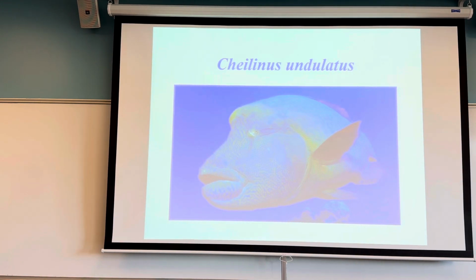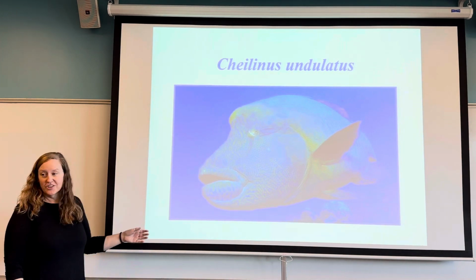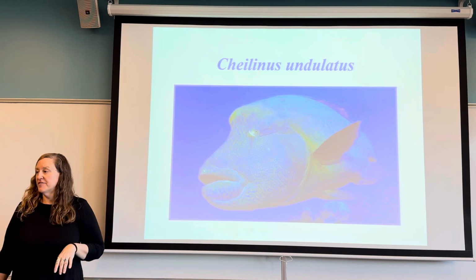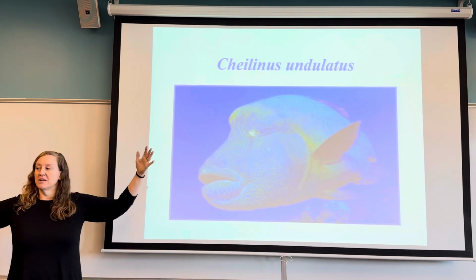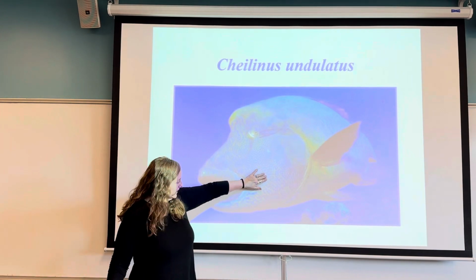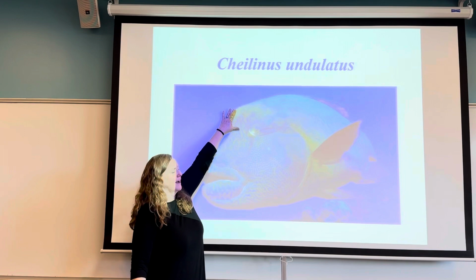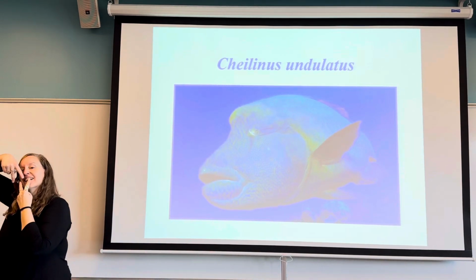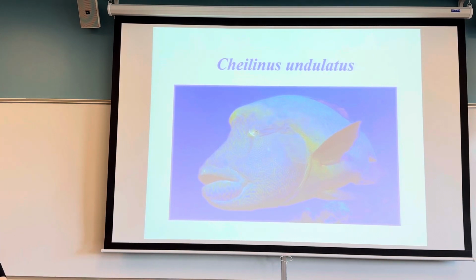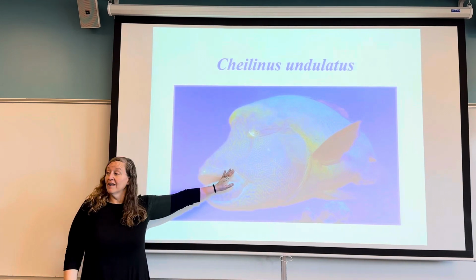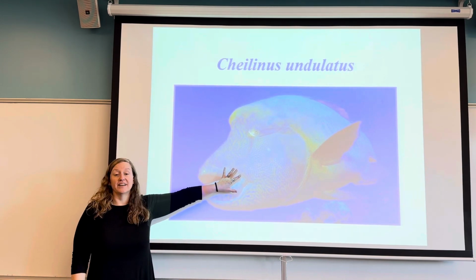Okay, so this is one of my favorite animals in the world, my favorite organisms. This is Cheilinus undulatus. This fish lives in the Indo-Pacific. It gets to be about this big. You can see it has really cool color patterns on it. It's got a big eye, it's got a weird hump. It's got a really big mouth, and some weird teeth that kind of hang down, so it looks kind of like that.